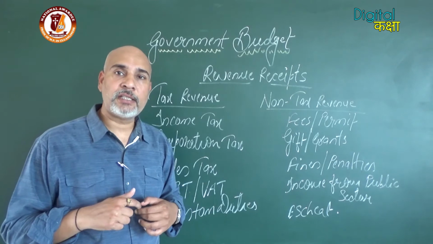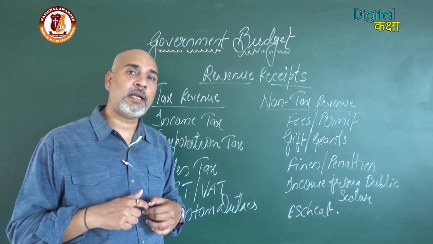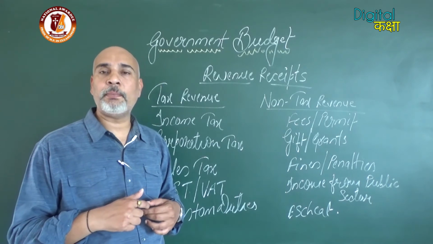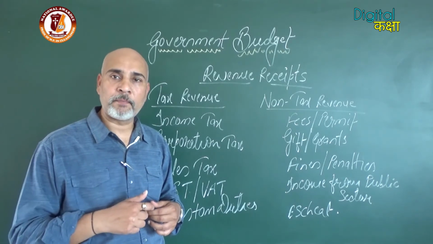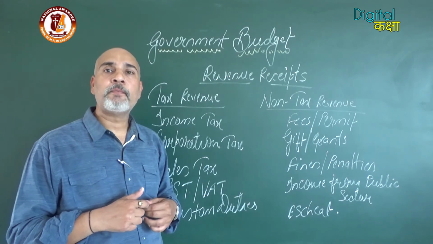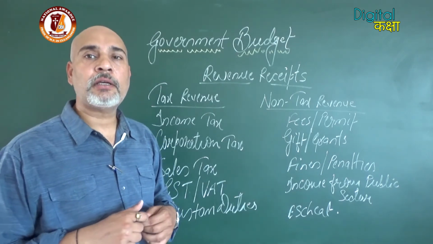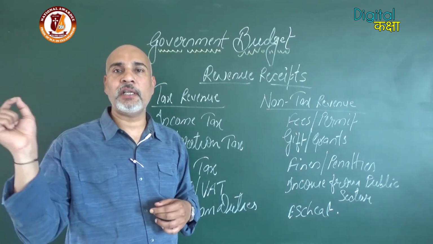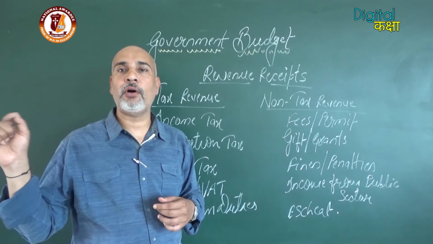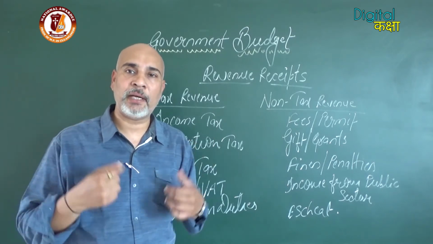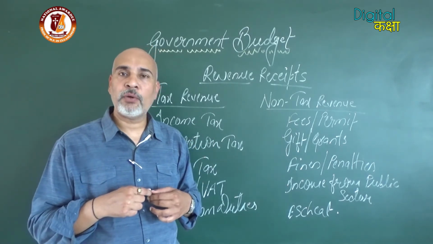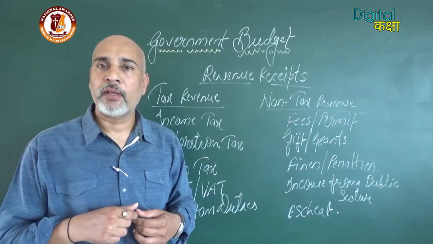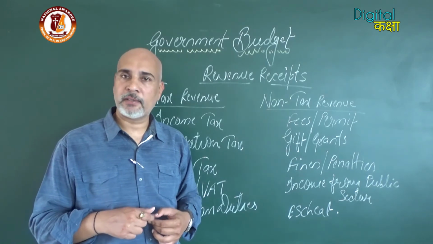Whereas some taxes are those where the burden can be shifted, like sales tax. Sales tax and excise tax should normally be paid by the salesman, shopkeeper, businessman, but it is paid by the consumer. Okay, when we purchase an article, it is mentioned MRP inclusive of all taxes. That means basically the taxes are paid by us when we purchase any article. GST is also part of that indirect tax.